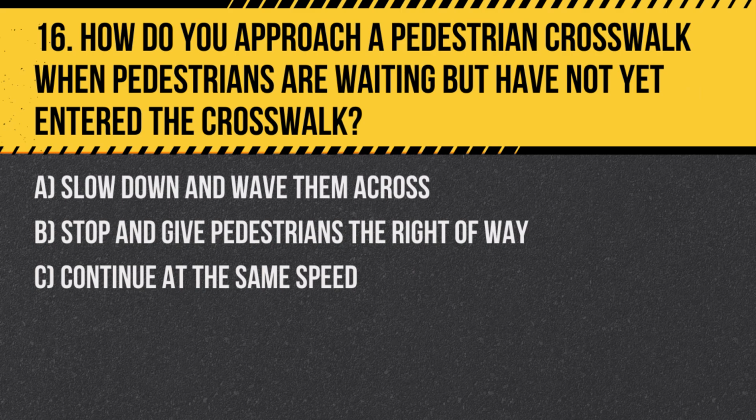Question 16. How do you approach a pedestrian crosswalk when pedestrians are waiting but have not yet entered the crosswalk? A. Slow down and wave them across. B. Stop and give pedestrians the right of way. C. Continue at the same speed. Answer: B. Stop and give pedestrians the right of way. Always stop at a pedestrian crosswalk when pedestrians are waiting to cross, giving them the right of way as required